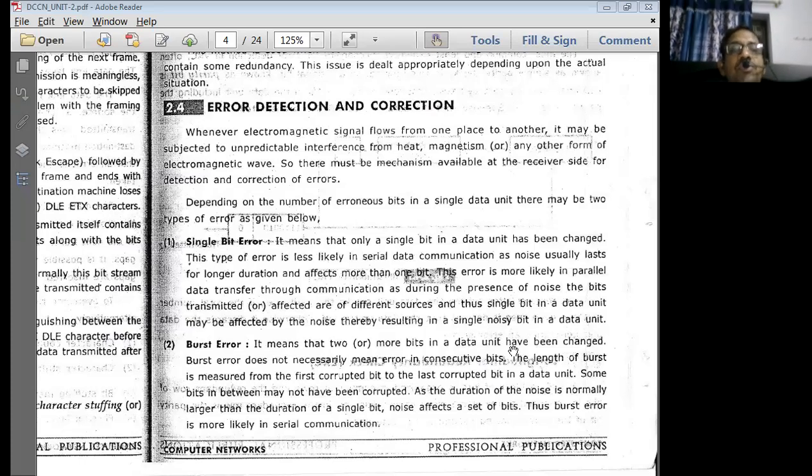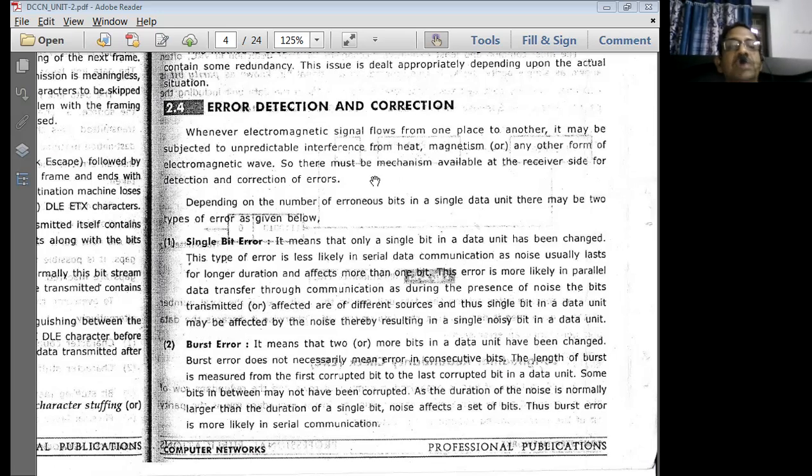So the next important topic, which is the last topic that we have to discuss to complete this unit number 2, is error detection and correction techniques. These two are also going to be very important functions of the data link layer. The data link layer has to provide functionalities, that means how error detection and correction is going to take place in the data link layer. That is the point of discussion that we are going to cover here.